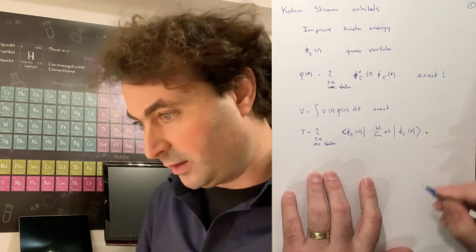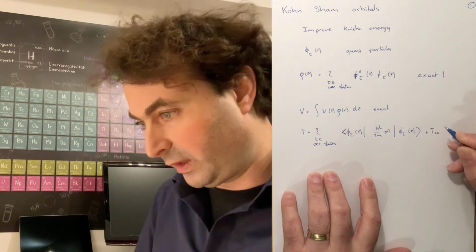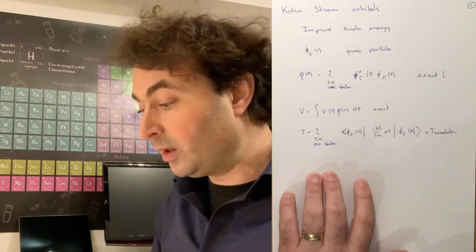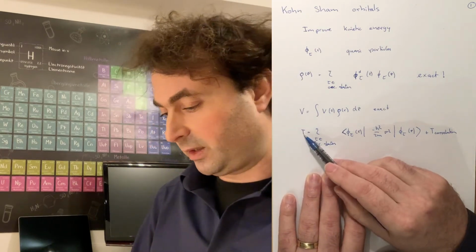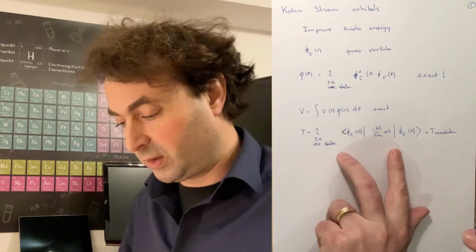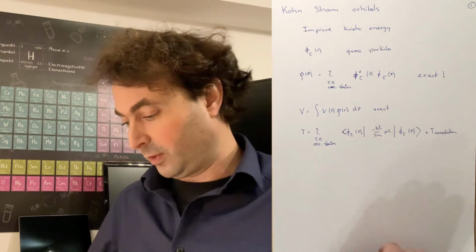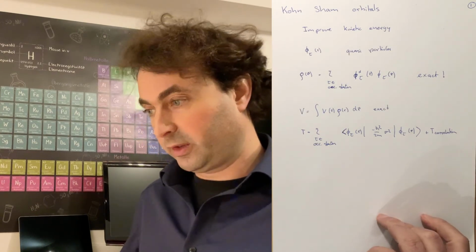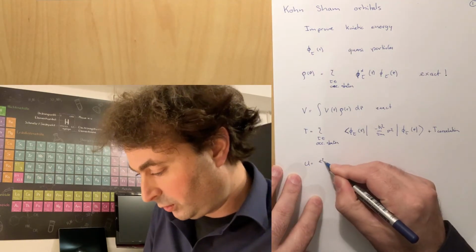So in order to make the kinetic energy exact, we still have to add a correction to it, and that is what we call the correlation energy of the kinetic energy. At this point we are exact, and you can very simply show that. If this is the exact kinetic energy, then T correlation is the exact kinetic energy minus the kinetic energy that you calculate as if these quasi-particles were electrons with a mass m. So it's an absolutely trivial statement that this is exact, because we have added a functional that we can give any value we like. And let me first also define the Coulomb energy